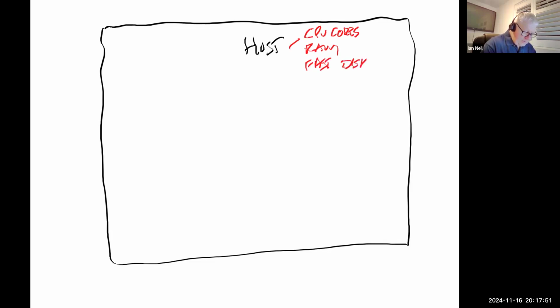Now, normally, your disk space for virtual machines comes off a storage area network, and you need a fast connection. Now, what do I have first of all? I've got a hypervisor, because if I don't have a hypervisor, I can't run virtual machines. So on my laptop, if I want to run virtual machines, I have to enable Hyper-V or the hypervisor on the laptop. Each laptop has a different setting.